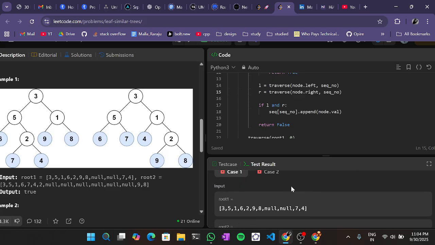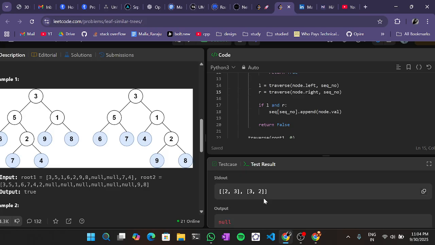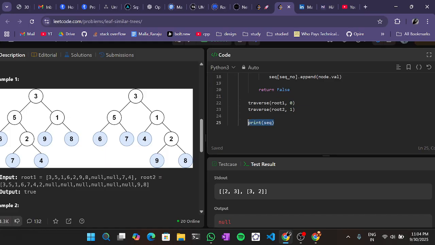And we have to compare. Return sequence of the